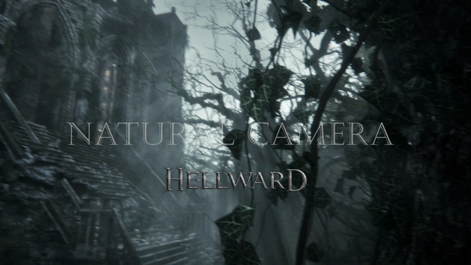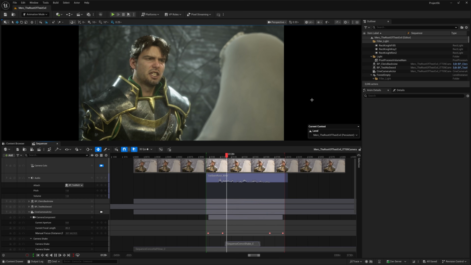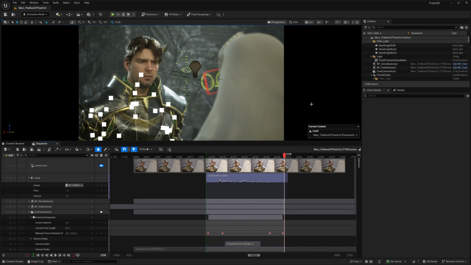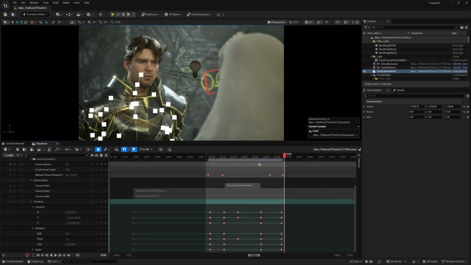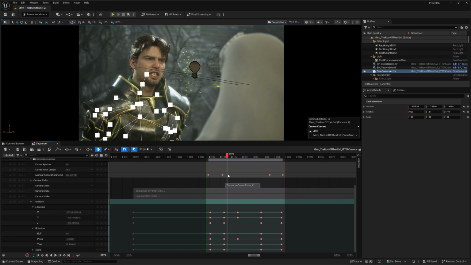The final cherry on top that really brings the scene to life is some camera animation. Without it, everything can feel too clean, almost sterile. I like to add subtle camera movement that responds to the performance. For example, when the knight steps forward and rises slightly, I adjust the camera position and rotation to follow that motion. But instead of matching it perfectly, I let the camera lag behind by quite a few frames, as if the camera operator was caught off guard by the movement and needs to catch up. That small delay makes the movement feel much more natural.